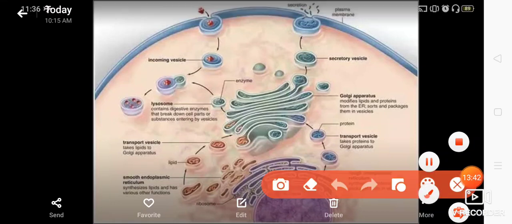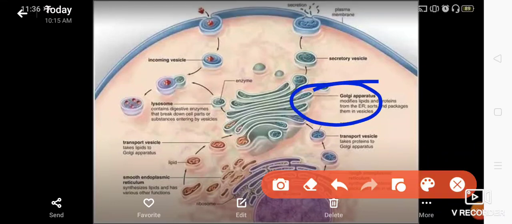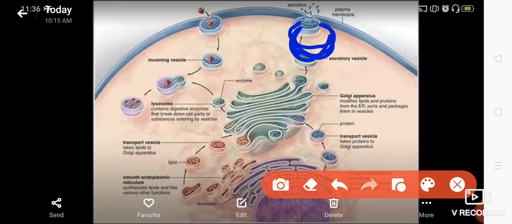See, these are the Golgi apparatus. If they have lots of proteins or lipids which are not required, then these will form some substances. These could be some enzymes, some gums, or some of the excretory products also. Then these will be packed inside the secretory vesicles and secreted. That means these vesicles will reach the corner of the cell, that is the plasma membrane, and will open up by merging with the plasma membrane, and the materials which are packed here will be thrown out of the cell.